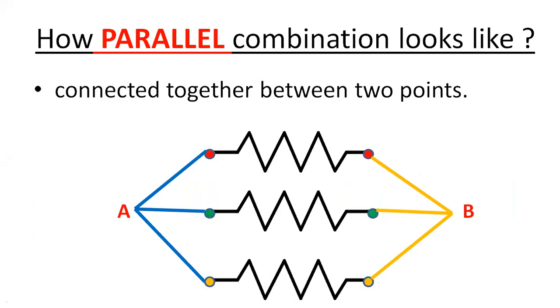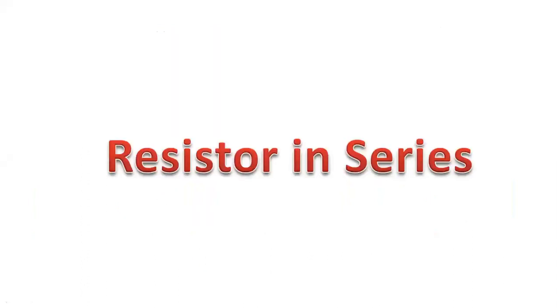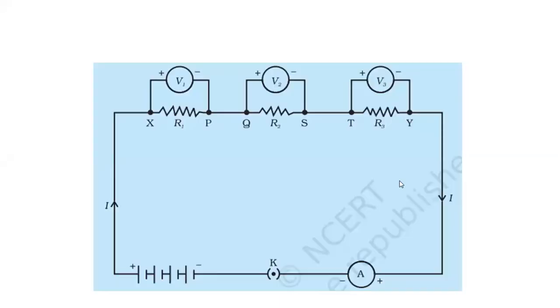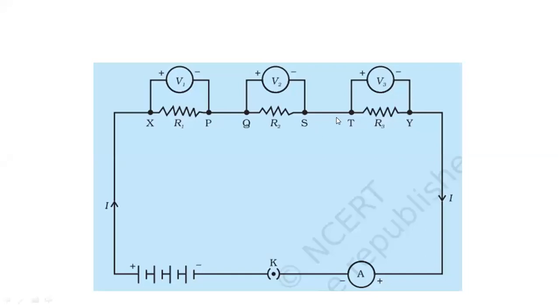Series and parallel. Okay, now we'll be talking about derivation of resistors in series. Okay, how to derive the formula. But before that, there is this activity that is 12.5. So based on the same activity 12.5, we'll be talking about the formula for series resistance. So let us see, this is the diagram which is given in activity 12.5. This is the activity which is given in our textbook. Let us try to understand this diagram first, and then we'll derive the formula.